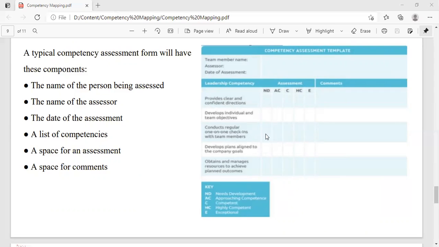So five ratings are there, and you see where exactly an individual stands. ND, AC, C, HC, E. So if, let's say, the job that you are doing at this stage requires you to be at C, but your assessment says you are an ND or AC, we create a plan, a program to bring you to this level.